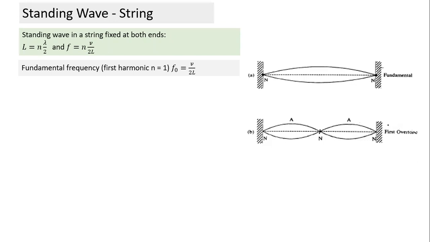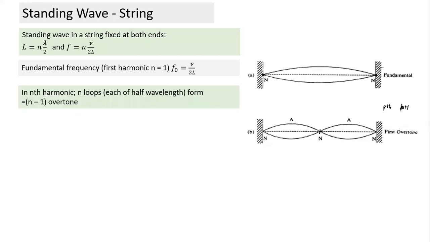So after the fundamental frequency, the next higher frequency at which the string can oscillate is called the first overtone. So n equal to 2 is the first overtone. Or we say for the pth overtone, n has to be equal to p plus 1. It is one higher. And so for the first overtone, wavelength becomes half, frequency becomes double.